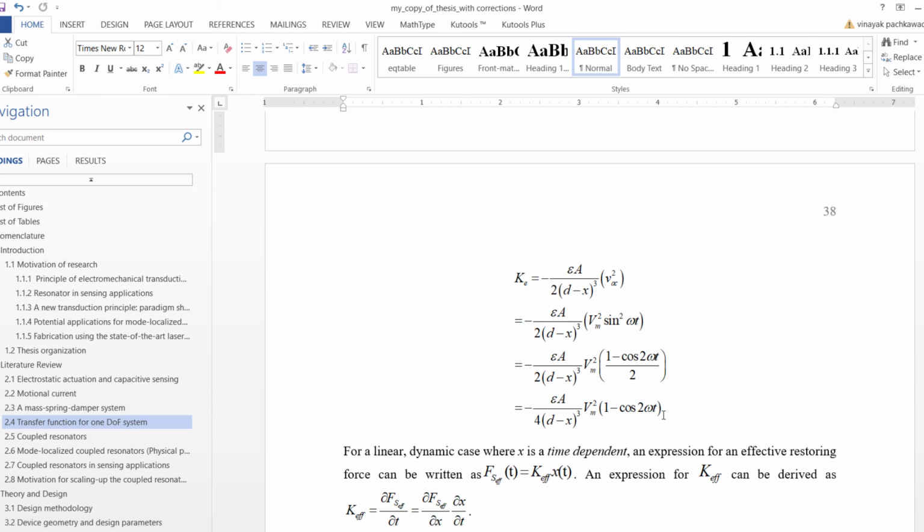So for the linear dynamic case, because now you have introduced a harmonic load given by this VAC term, x is time dependent. So in that situation, the expression of this effective restoring force will be written as Fs effective, which is a function of time, equals K effective into x of t. And yeah, so this is how